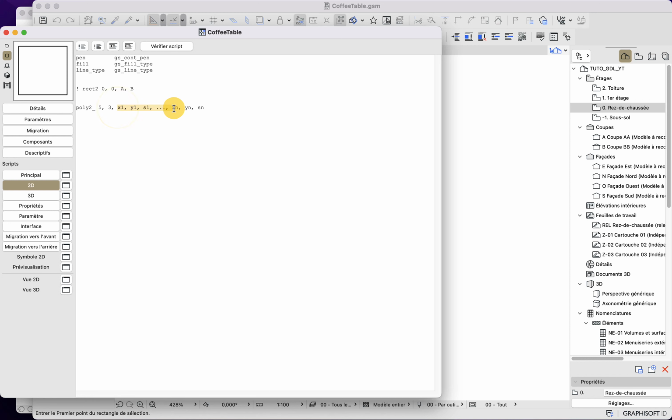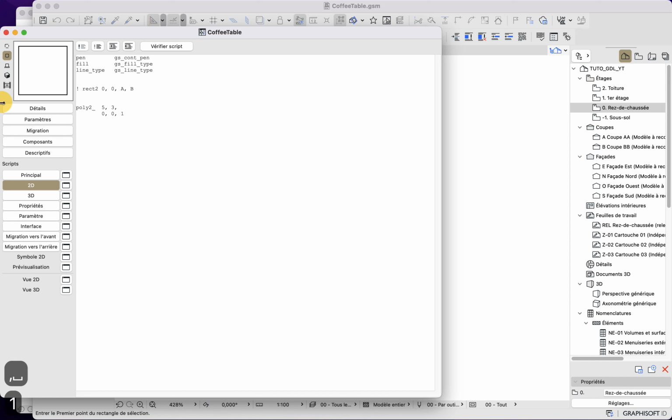Then I will also have my coordinates. For the coordinates, I will go to a new line, so I can have each coordinate and its status on each line. It is a cleaner way to populate this code here. What I will do is take the coordinates of all the corners in a counterclockwise way. This is simply my way of doing it. If you prefer clockwise, it's up to you. Usually I start with the bottom left corner.